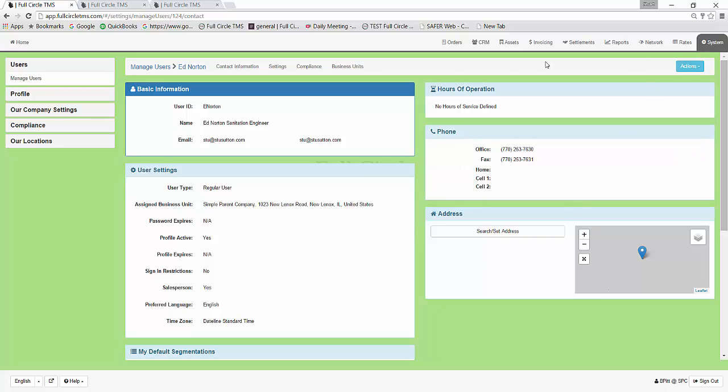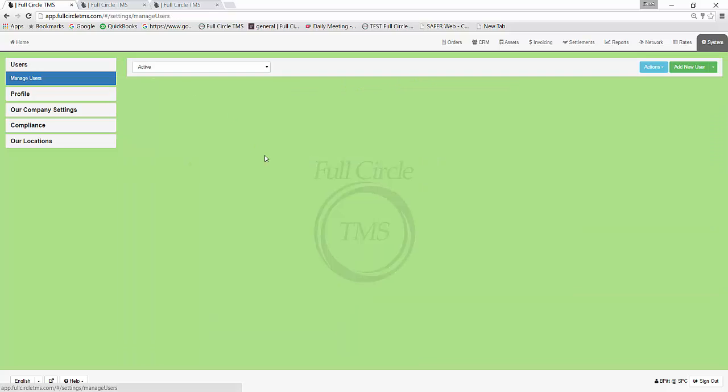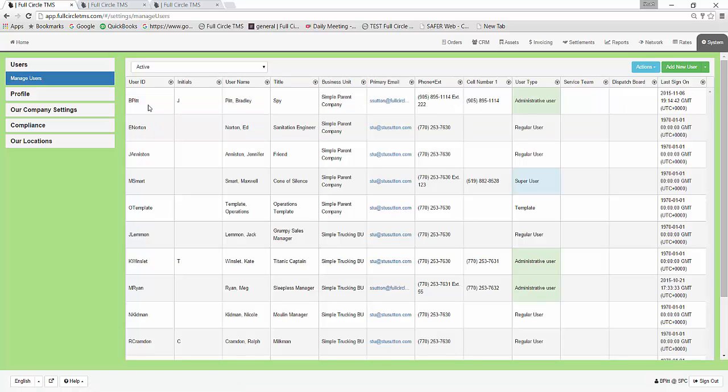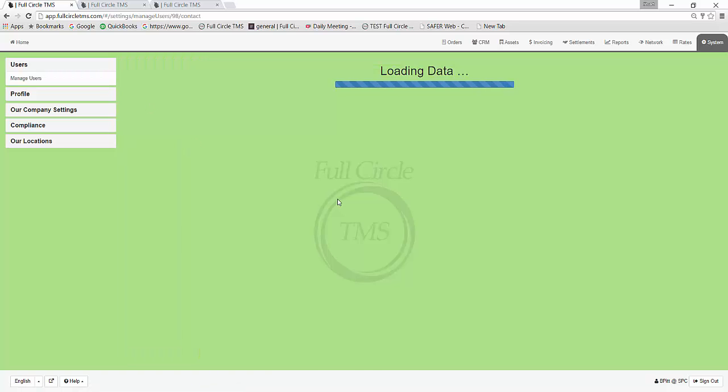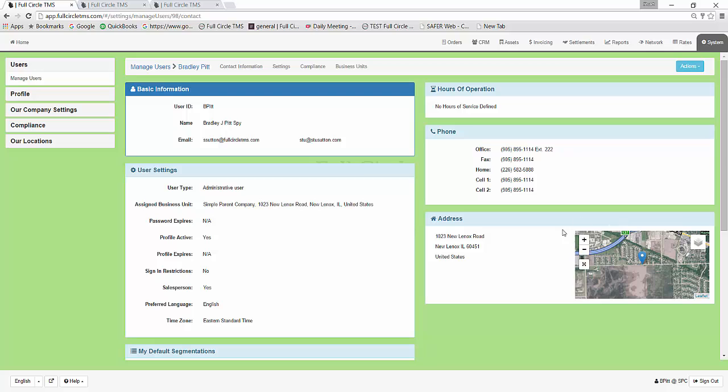For example, in a user profile, the contact information shows the basic information about a user, while the settings, compliance, and business units are other areas where users can customize how the system works for them. These areas are subjects of other training videos. While in edit mode, and if your user profile has sufficient authorities, you can edit portions of the data. If you modify data, like the name, you must click the green arrow to save the